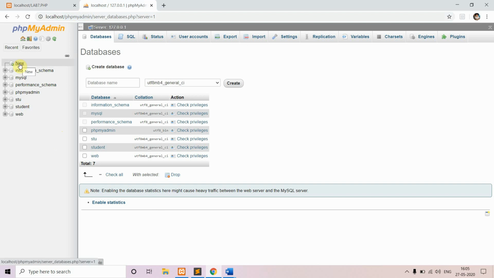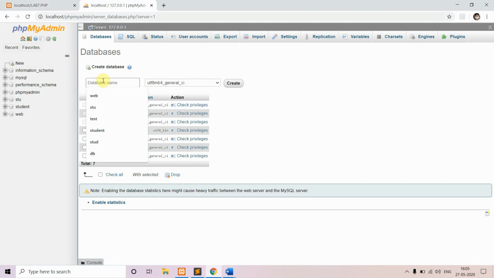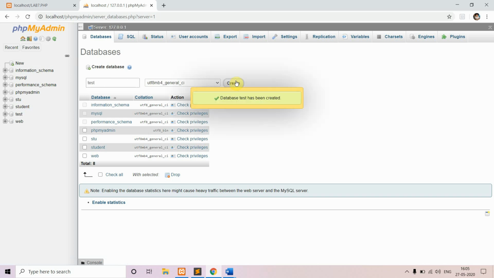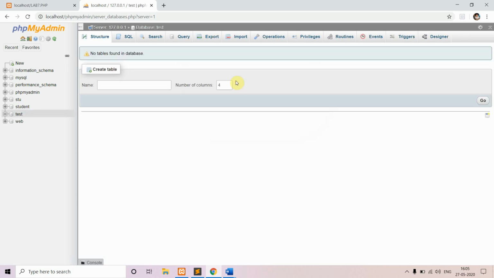So you come here, click on New, and create a database. The name of the database is test. Then you click on Create. So you can see here the database test is created. Next we need to create tables which will be inside this database. We'll come back to that later.